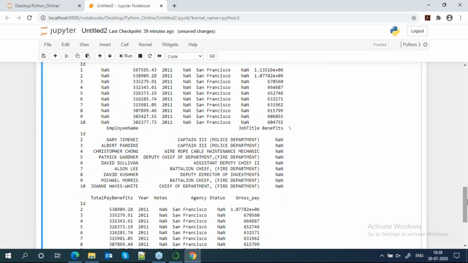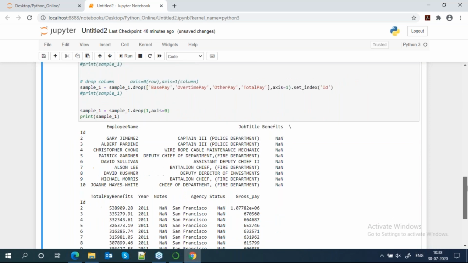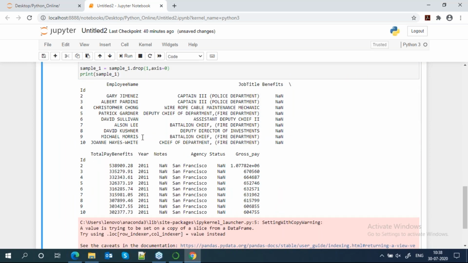Print sample, right? One second. Okay, you can see that one is deleted.